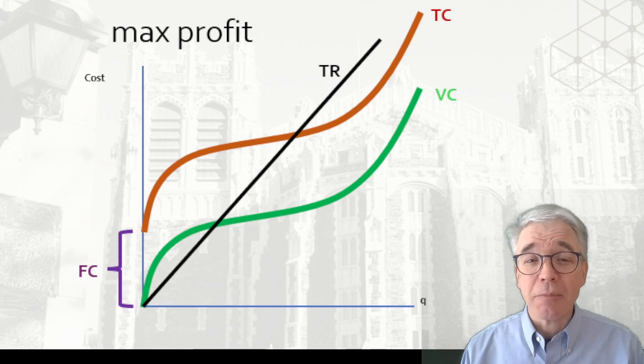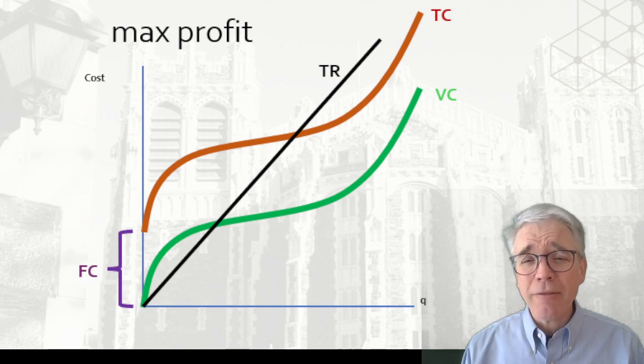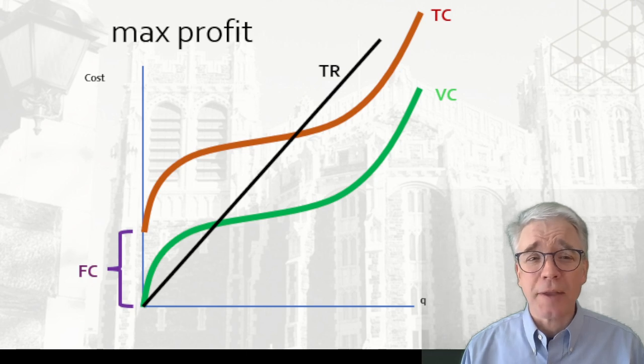In a commodity market, producing firms are price takers. They just take the price as set by a large market, and they have no impact on it. On the graph, TR is just a straight line from the origin with slope equal to the price. Now, how does a firm choose Q to maximize profit?